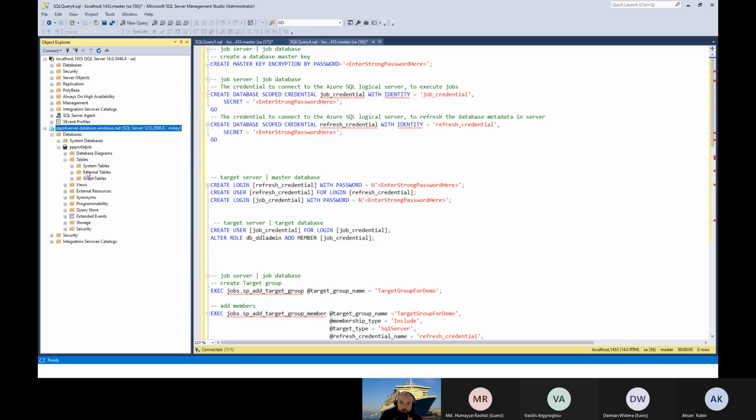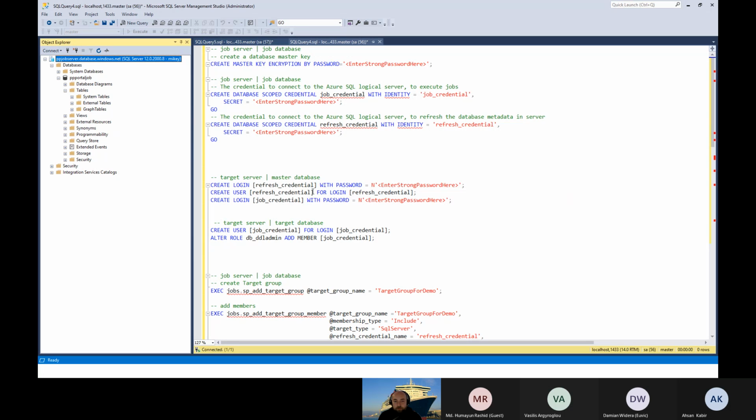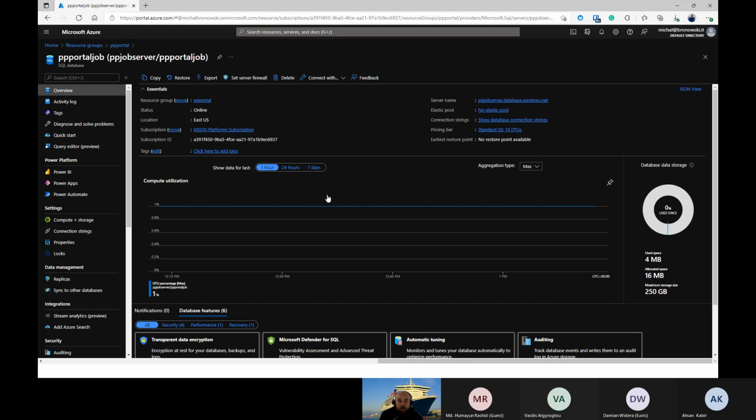And just a few steps back, when I mentioned the MSX TSX, that's my local instance. It's actually on Docker, but when you right-click on the agent here, you can see multi-server administration, and that's where you create master and target servers. I'm not going to do this now, but you can test it out on your local machines if you haven't heard about master and target servers before. I don't need this instance anymore, so let's close it. And